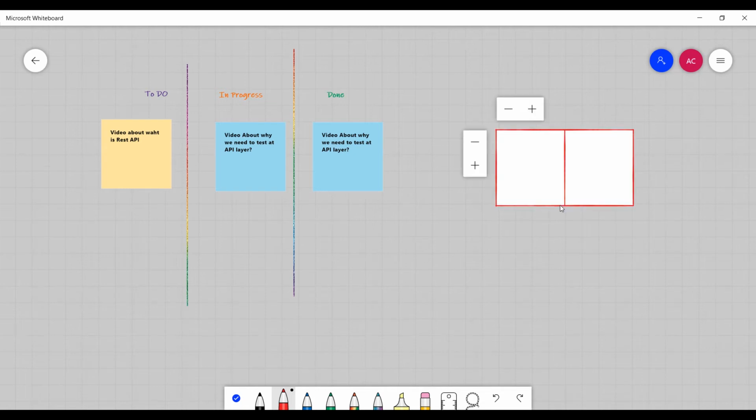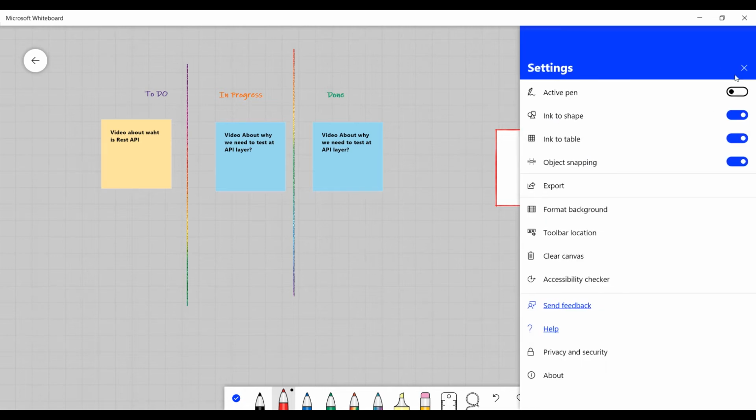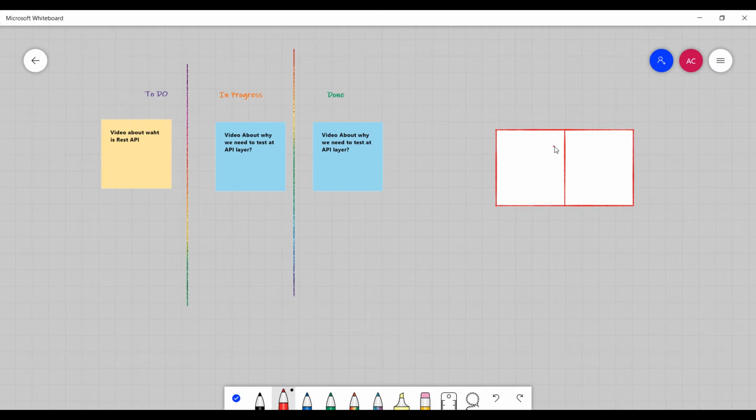As you can see here, once I have added one more line to any square I have created, the table option got enabled because we have changed the setting here from ink to table. And now that I have done that, I get an option to add more columns or more rows.